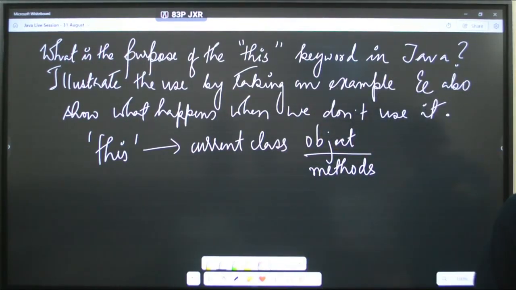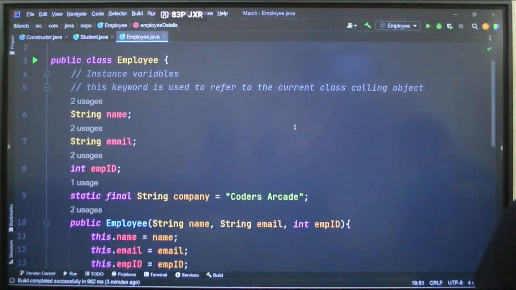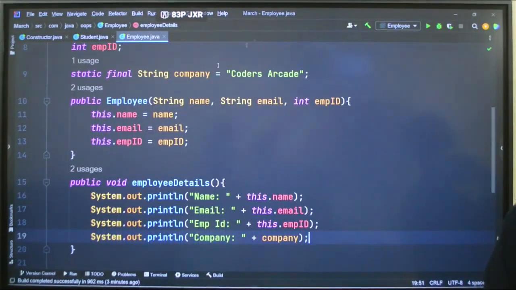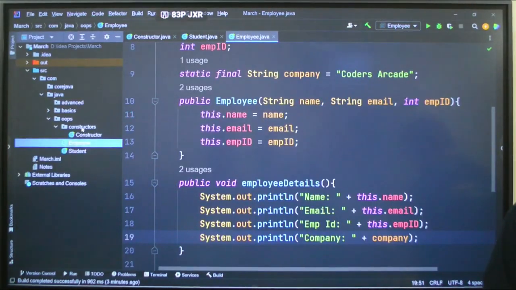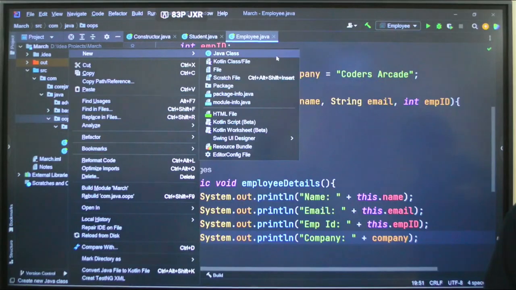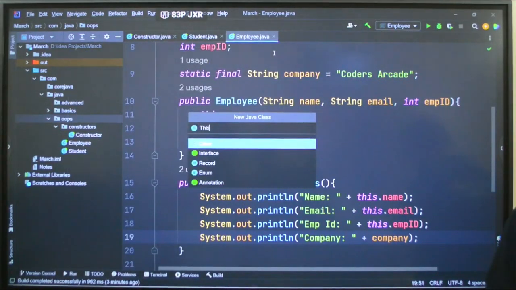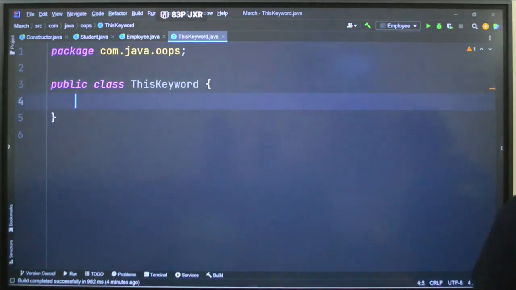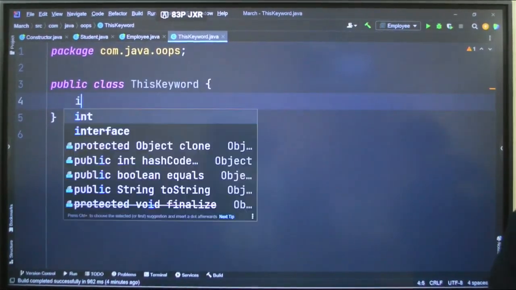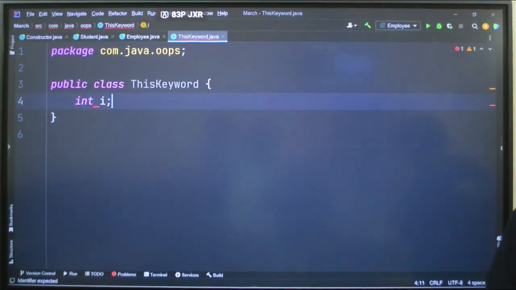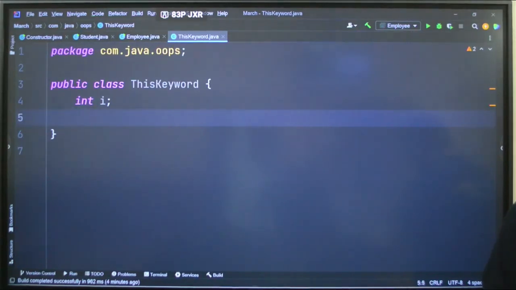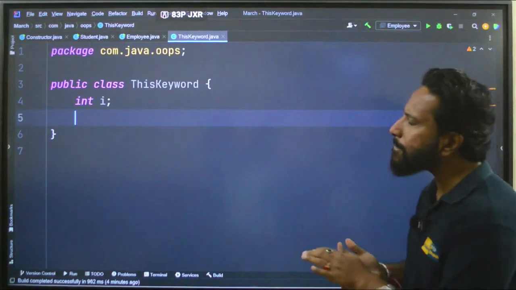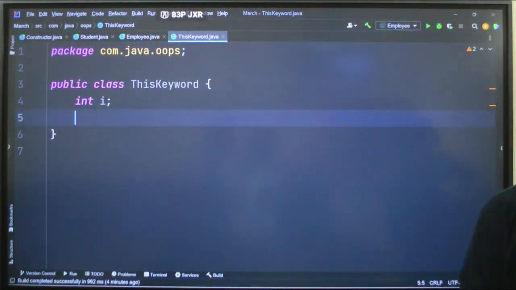So I am going back here and just doing something here. Okay, so I will right click and say create a new Java class called this keyword. Fine. So here I will keep it very simple, try to understand what I am doing. I am taking an integer variable int i, okay, and then let us do something like this.